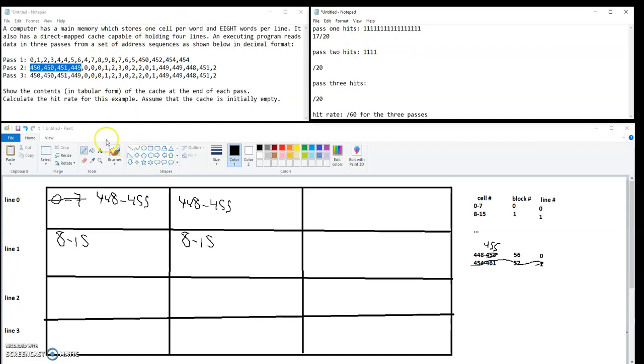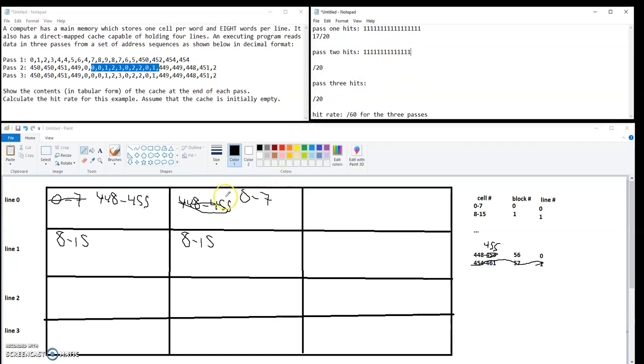And then 0 is a miss. And we get this thrashing behavior again, where these guys are going back and forth. 0 to 7 is brought here. That was a miss. And on the miss, it brought in a whole bunch of hits. 1, 2, 3, 4, 5, 6, 7, 8, 9. The next 10 requests